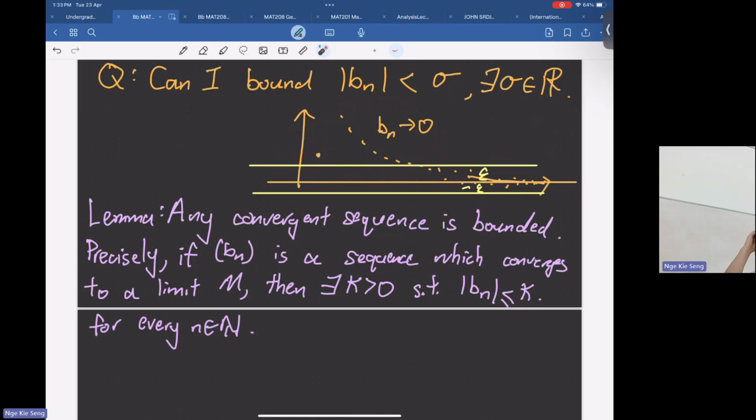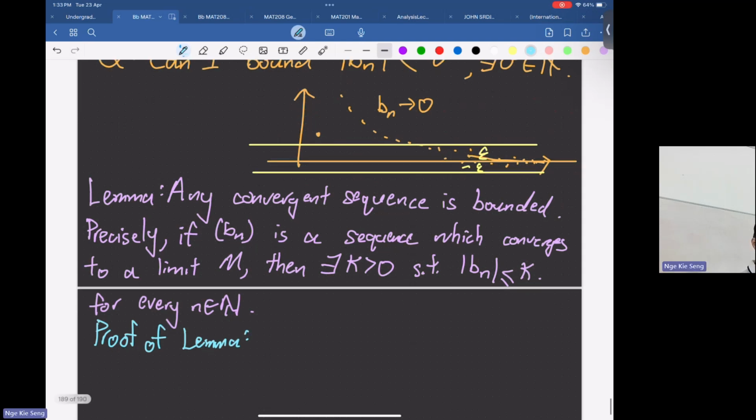So there are only finitely many of them away from the epsilon gap here. Okay, let's see how to prove this precisely. So let's put a proof of the lemma. Really, we can just consider the gap to be epsilon equals 1. Then,